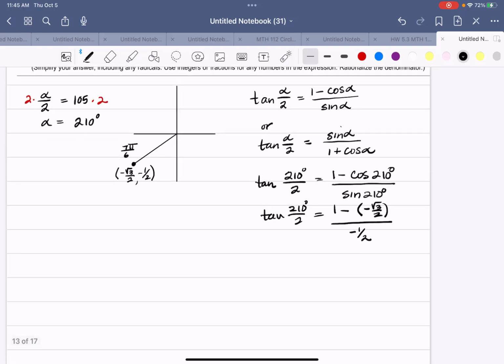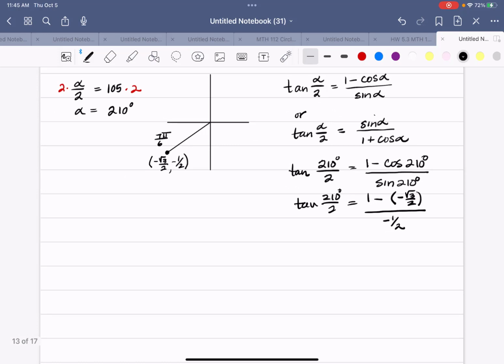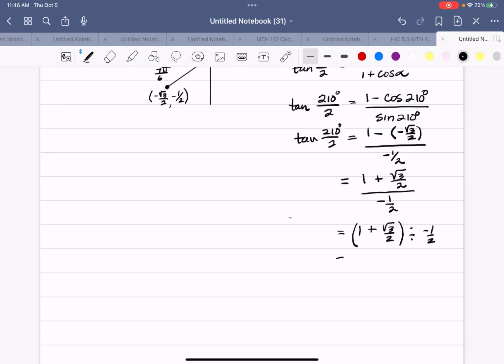So again, we have a little cleanup to do here. First of all, 1 plus the square root of 3 over 2. And all of that's going to be divided by negative 1/2. So I'll go ahead and change this over to fraction division. And so that's going to be 1 plus the square root of 3 over 2